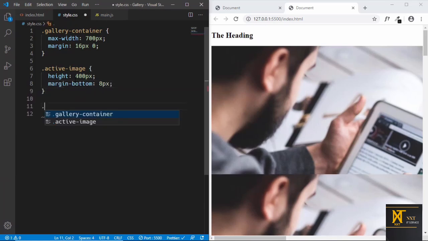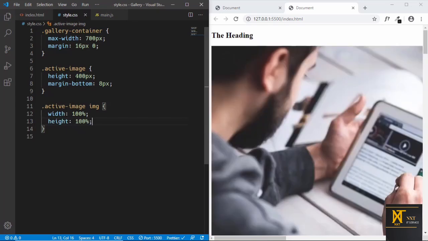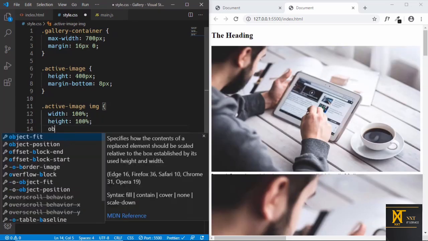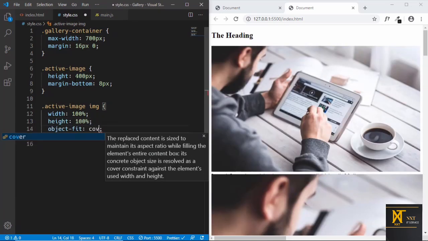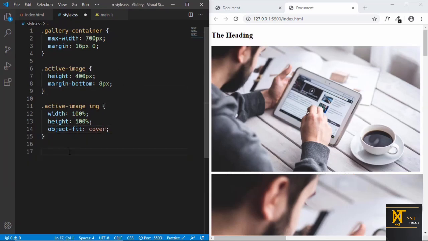Now let's style the images inside the active image. So for the images, we will give it a width of 100% of the parent, and a height of 100% of the parent, and we'll also set the object fit to cover so that the image won't be distorted. Alright, now we'll style the active caption. So we'll just type active image, active caption, and we'll set the position to absolute,